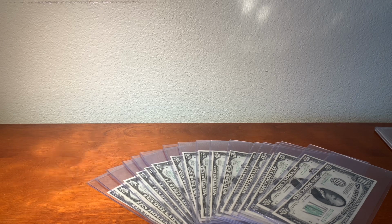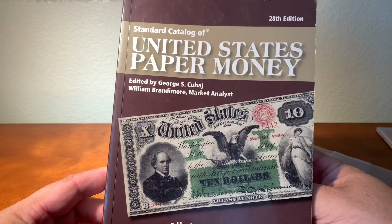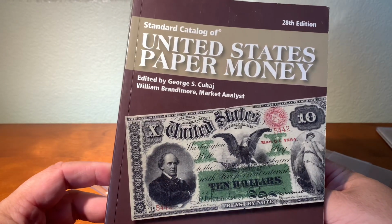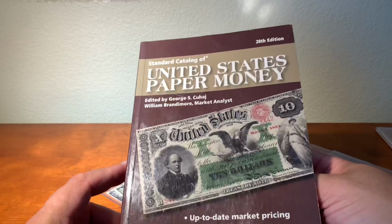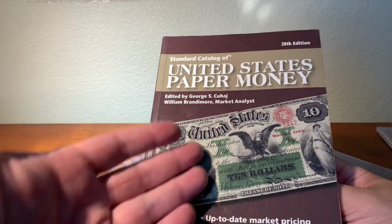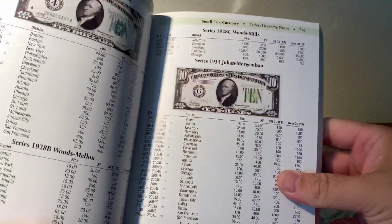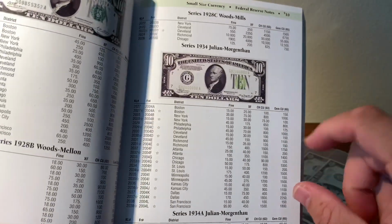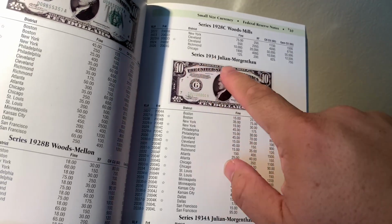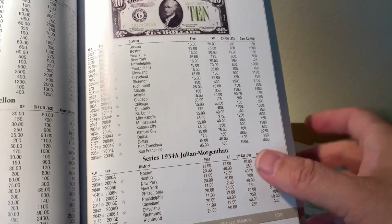But real quick, before I let you guys go for the day, I wanted to also show you guys the attribution guide. I actually use this one. This is quite old, actually. United States Paper Money by, let's say, Kuhaj. And it's a Krause Publishing book. It's one of the best books I've ever invested in. I think I bought this for like $5. It's worth its weight in gold, but all the paper money is in order of denomination. So when you get to the $10 Federal Reserve notes, there's actually a lime green seal right there. You have 1934. So you go on down the line till you hit the series that you're researching, which is